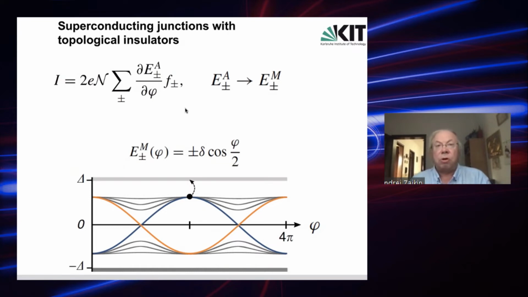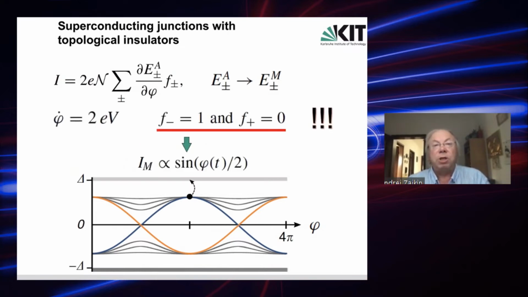Take the derivative with respect to the phase and multiply by filling factors. If you do this, you get some expression for the contribution of these Majorana states to the supercurrent, and then it depends which filling factors you plug in. In the case of equilibrium, of course, it's Fermi functions, and then you get some expression which is similar to the standard one without Majorana states. However, people went forward with this, and they also assumed, and this is a crucial assumption, that this formula would work also out of equilibrium.